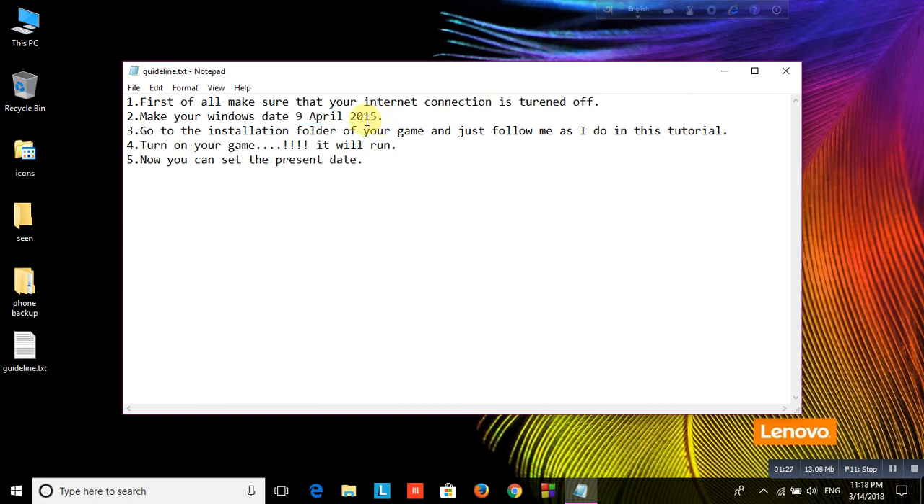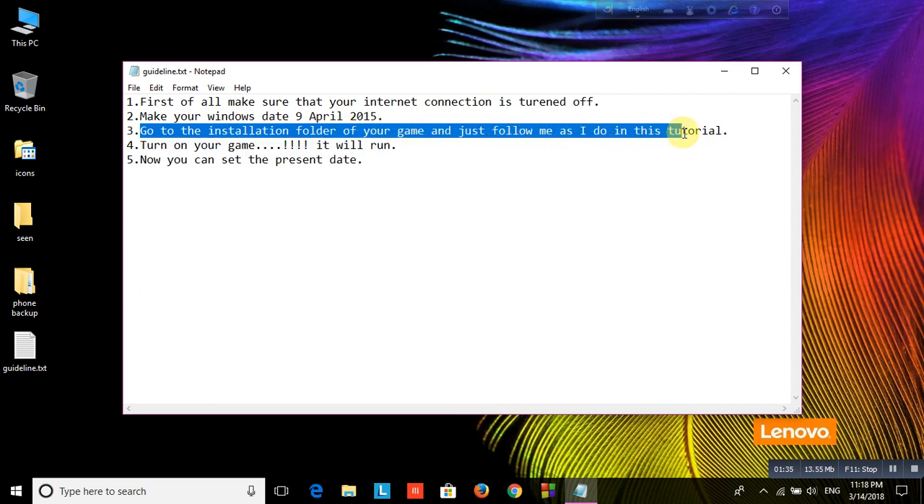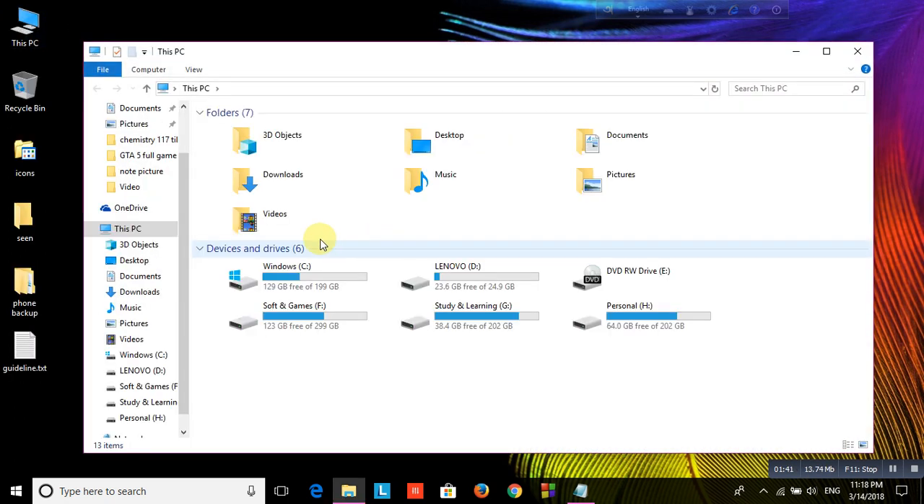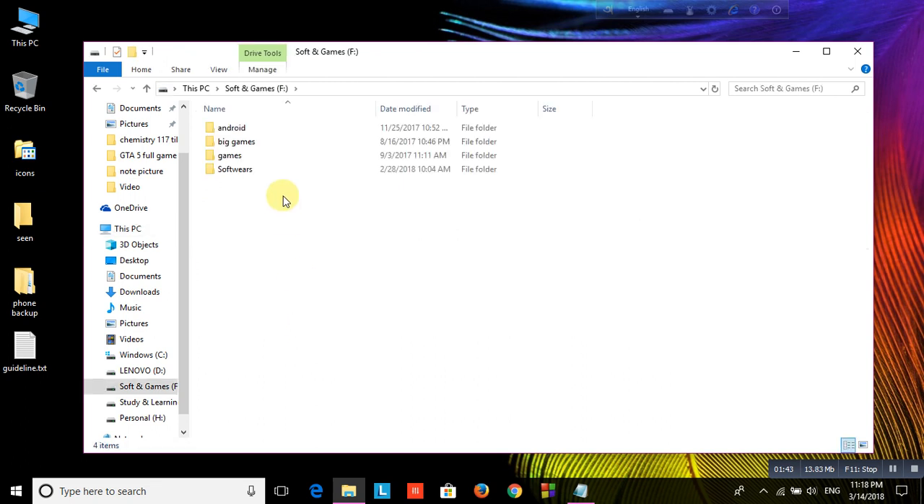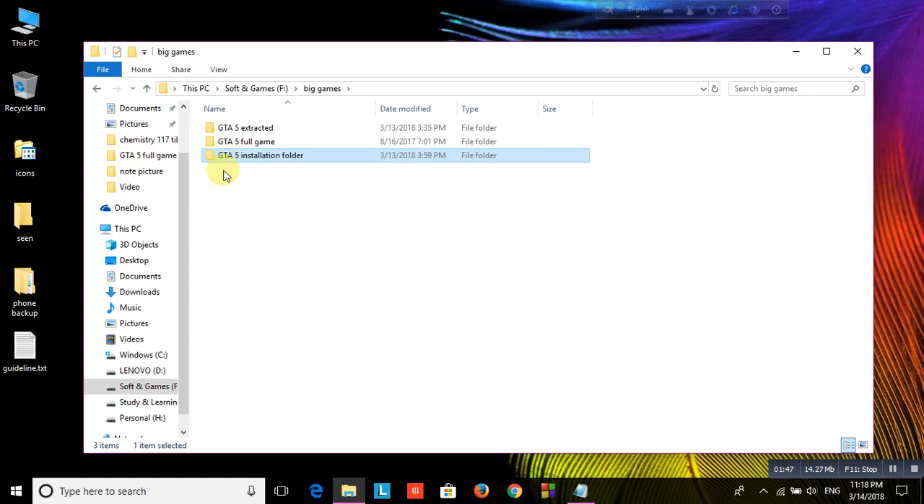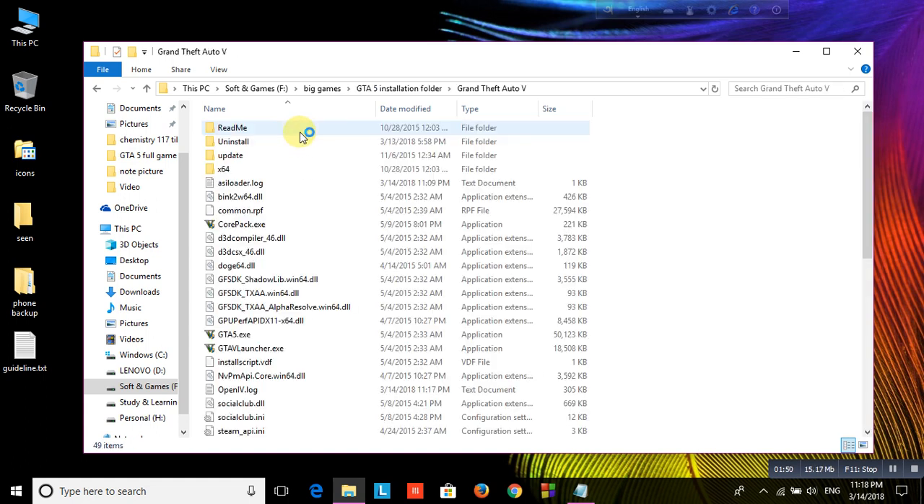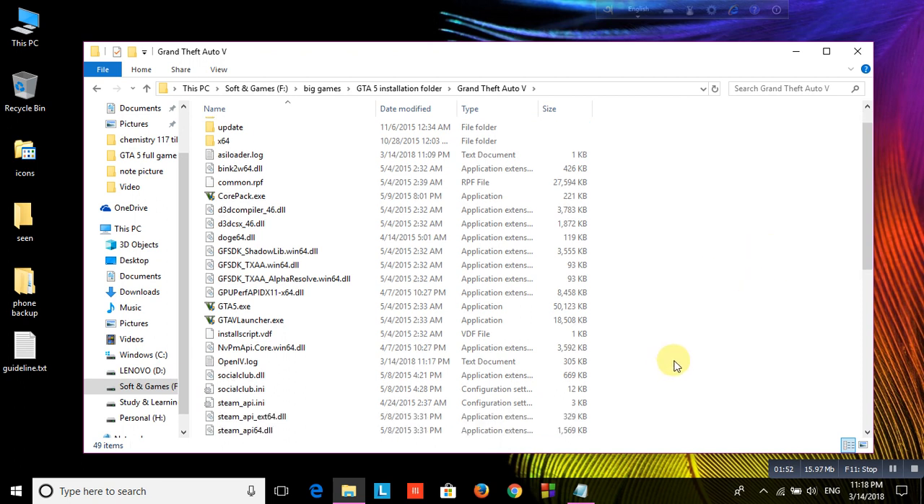Okay guys, then follow me, and you have to go to your installation folder. As I have installed my game in this folder, in the GTA 5 installation folder, I am going here, and you go to your own folder. Okay, you can see here two icons, and one is GTA 5 exe and other is GTA 5 launcher exe. And go to its properties,